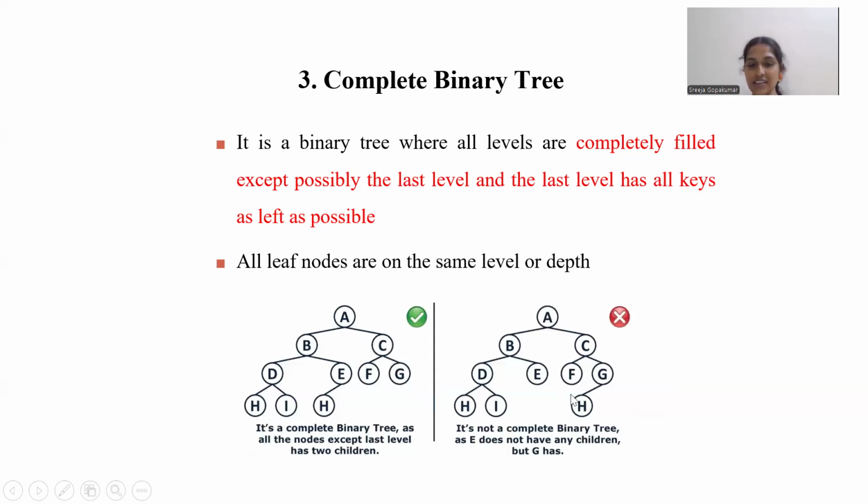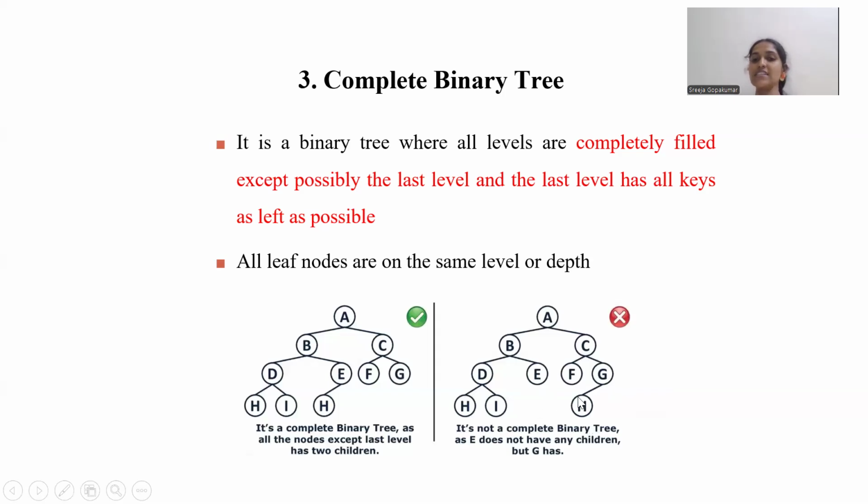When coming to the second example, it is not a complete binary tree. Why? Because internal nodes are having exactly two children, and also from the 0th level up to the second level, it is completely filled. That is okay. But when coming to the last level, we should have the nodes from as left as possible, which means that D is having two children, that is fine, whereas this H should be present to the left of E. Instead of that, it is present to the left of G.